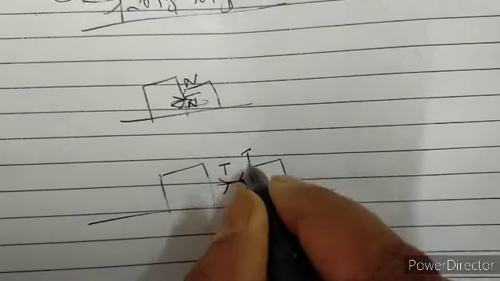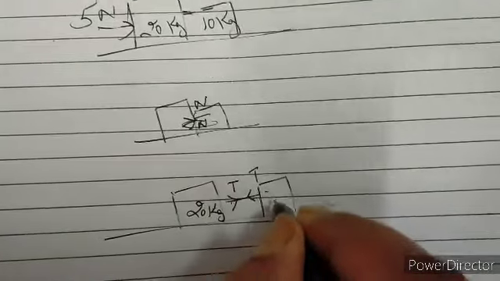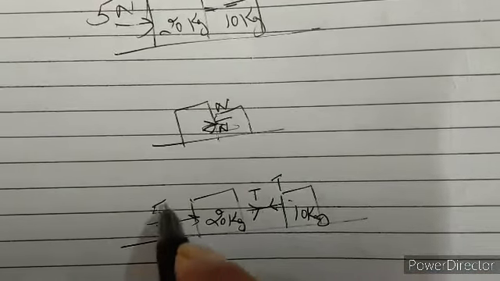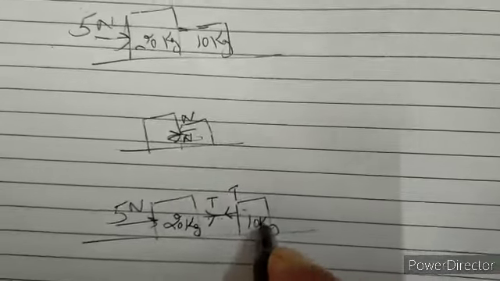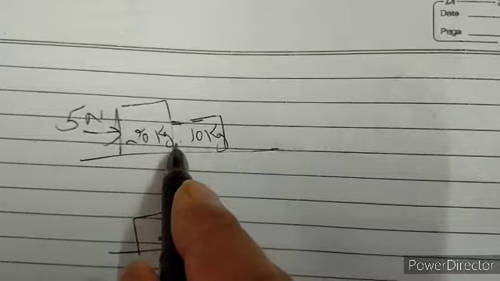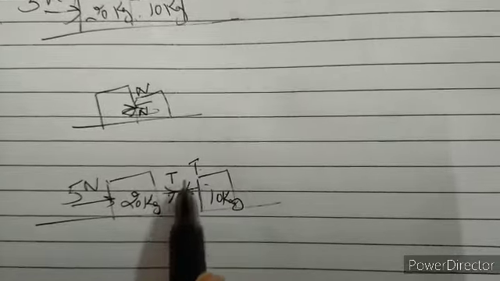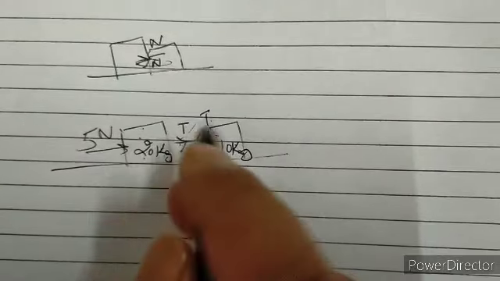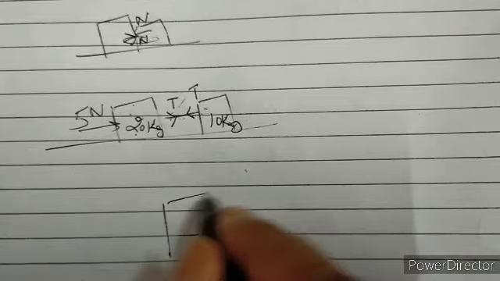The tension is T like this, away from the mass, away from the mass. This is 20 kg and this is 10 kg. But since this is not a tension force, the force is applied in this direction, 5 Newton. Clear? Then this tension force is the reaction of the second block on the first block. If this is a string, then we will take it as tension. If there is no string, then we will say that this block is applying force on the 20 kilogram. The force is T, and this block is also applying the same force T. Then we have to find out the force T. Then on this block there are two forces acting. Actually there is no string. Then this is like this.